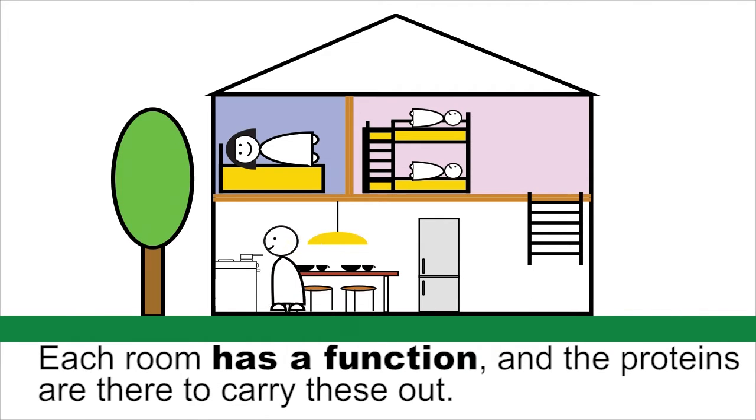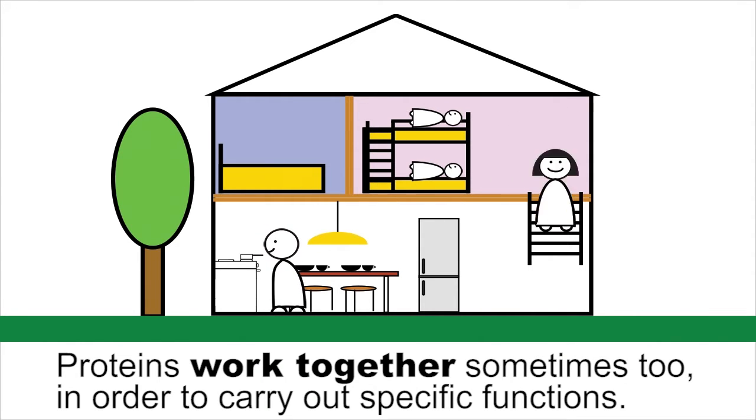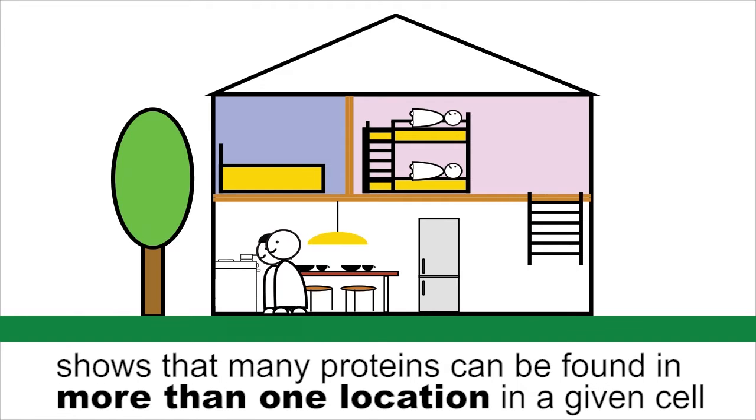Each room has a function, and the proteins are there to carry these out, just like they do in a cell's compartments. Like people, proteins work together sometimes too. Recent research by Emma Lundberg at KTH's SciLifeLab shows that many proteins can be found in more than one location